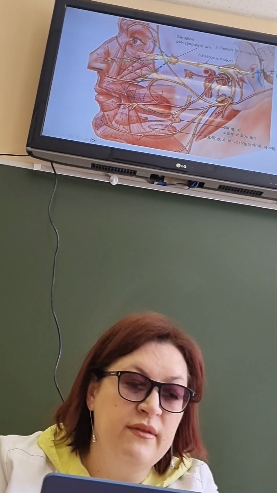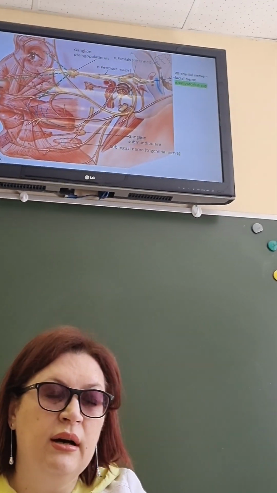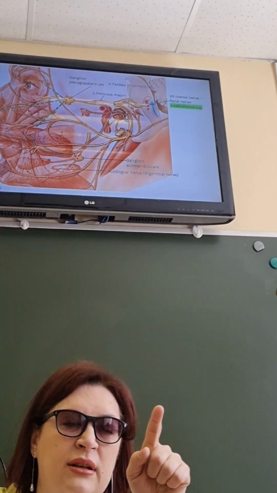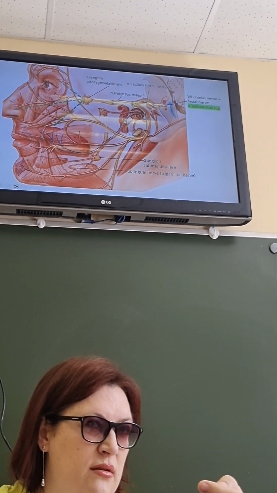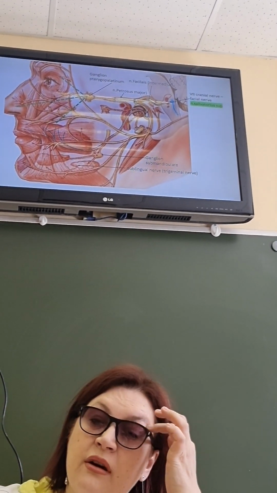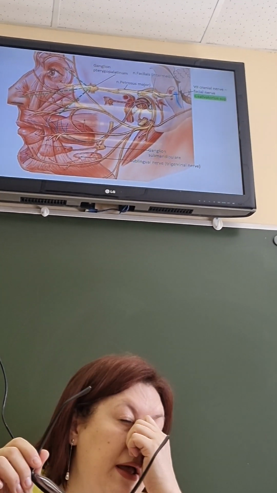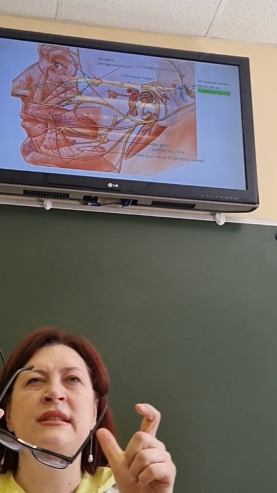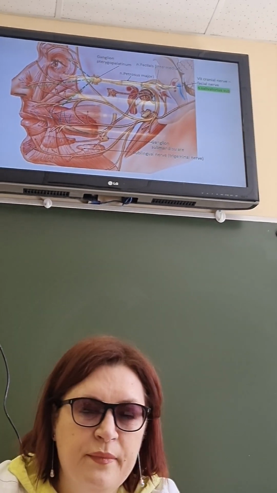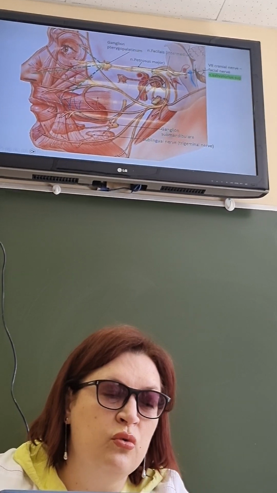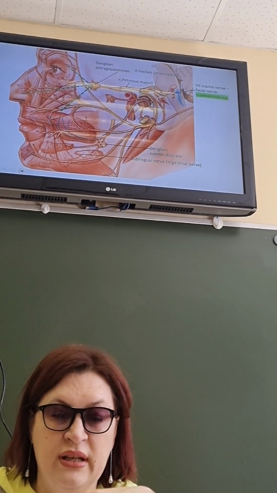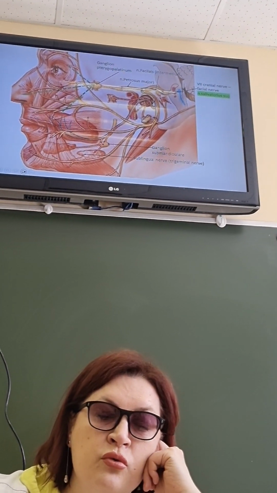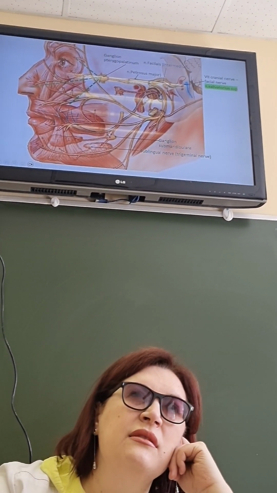The second part of the vegetative fibers passes through the facial canal, and together with sensory fibers forms the second branch of the facial nerve, the mixed branch, the chorda tympani. Chorda tympani passes through the same canal and goes to the oral cavity. At the level of the floor of the oral cavity, it goes to the ganglion. This ganglion, submandibular